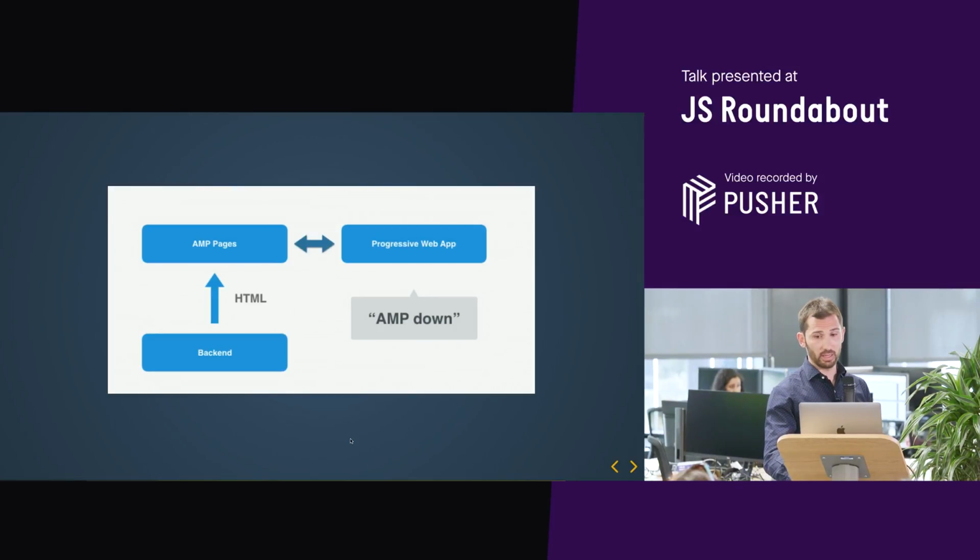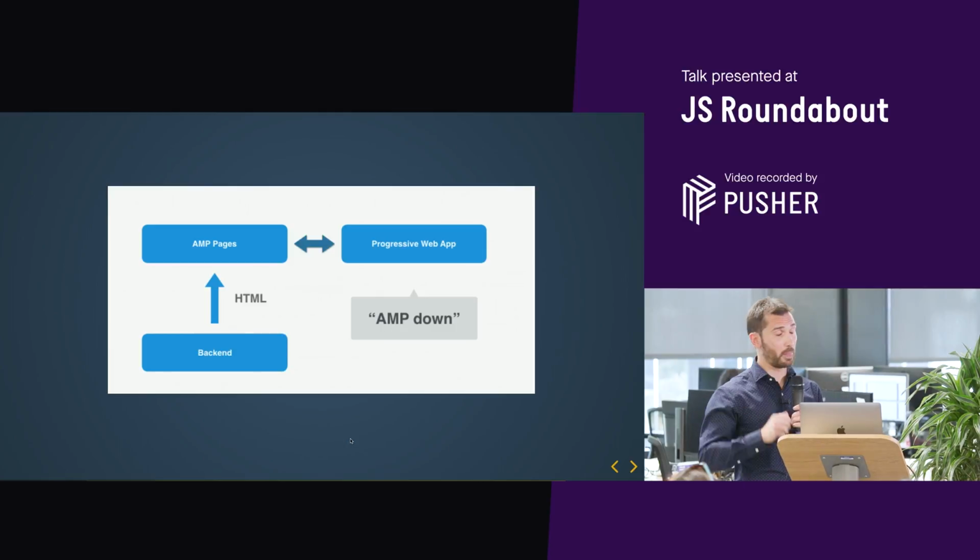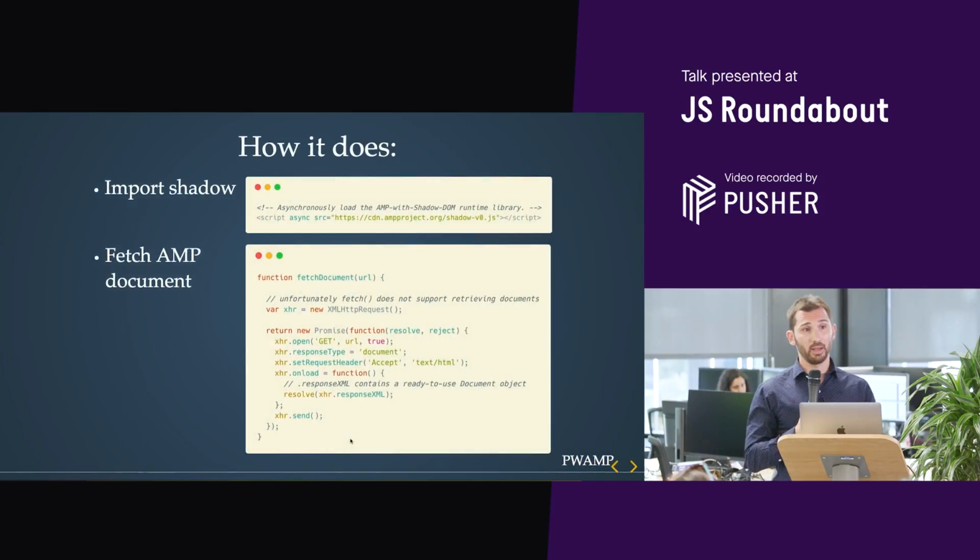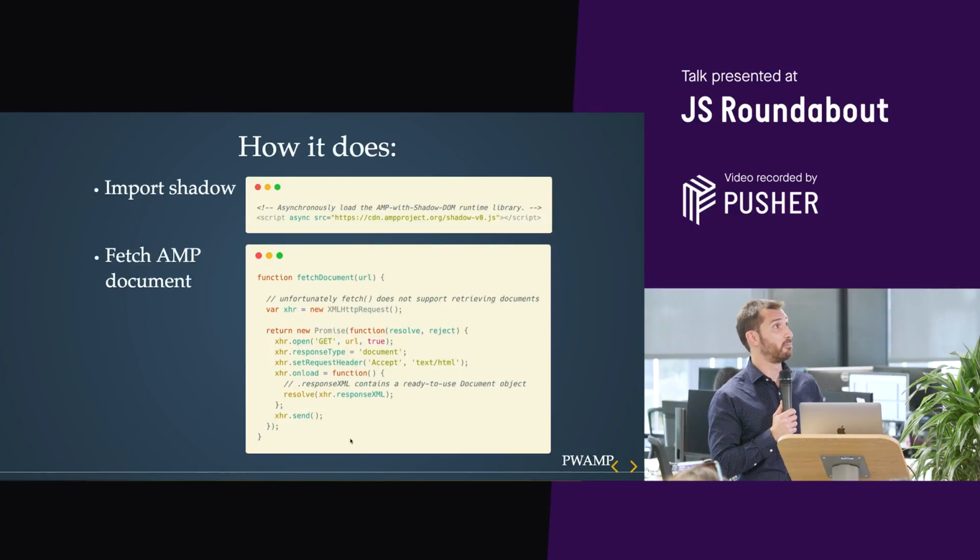So this approach allows us to use, within the content that we are pulling, the AMP page document because they are lighter, as we've seen earlier, validated, and so faster to render in the DOM. How it does this is, again, it uses an AMP project to get the shadow root,